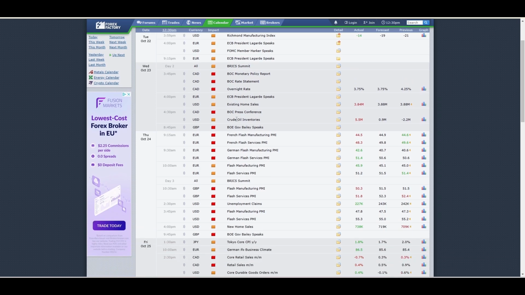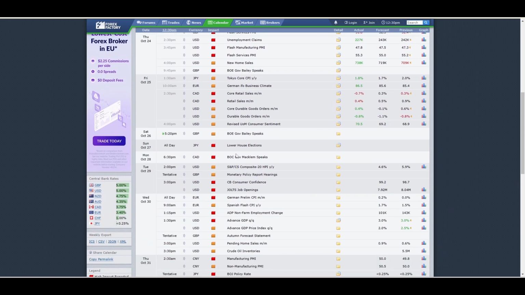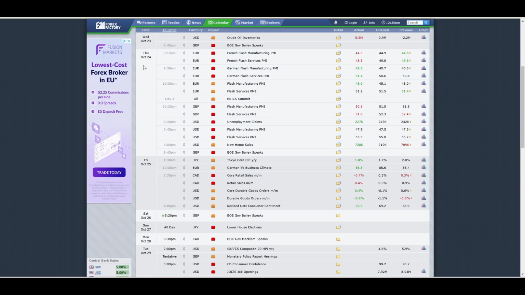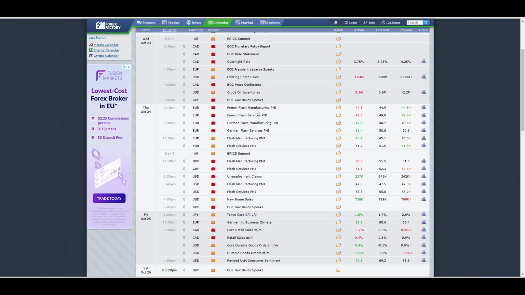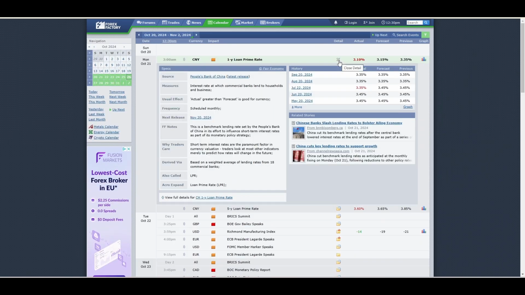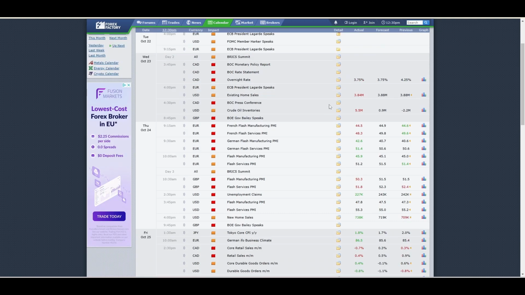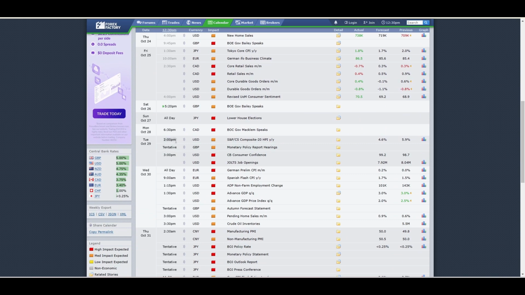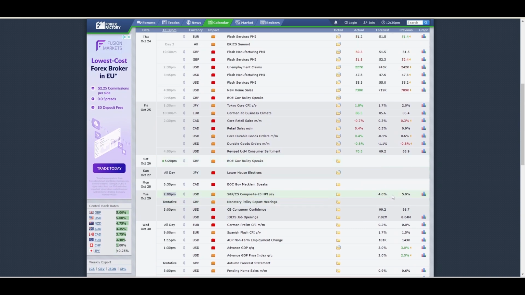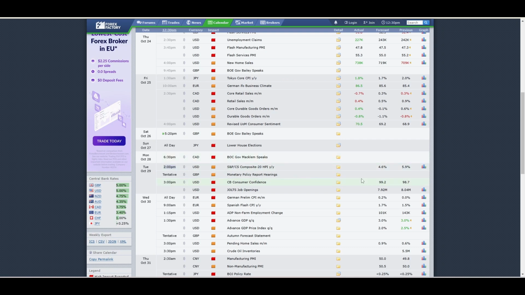You can see right here, if I scroll through, all these different news events. You have the date, you have the time, you have the currency, the impact, what it is. You could have the details, so if you click on it, you get more of the details. You get the actual number, the forecasts, the previous, and the graph if you want. So the actual number only appears on the specific time, so when the number is released, but the forecast you have. So usually you'll see on important news events, if the number is lower or higher than the forecast, you